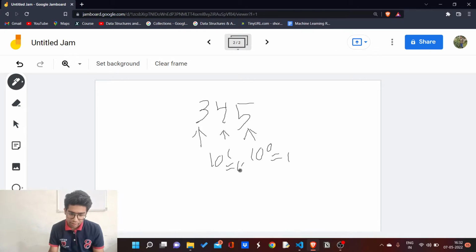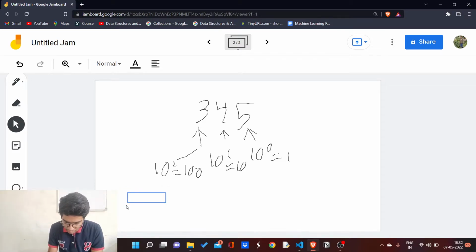And this is for the decimal number system. And it is 10 to the power 2, which is 100. Now you can notice if I do it like that, 3 into 100 plus 4 into 10 plus 5 into 1, I will get 345.